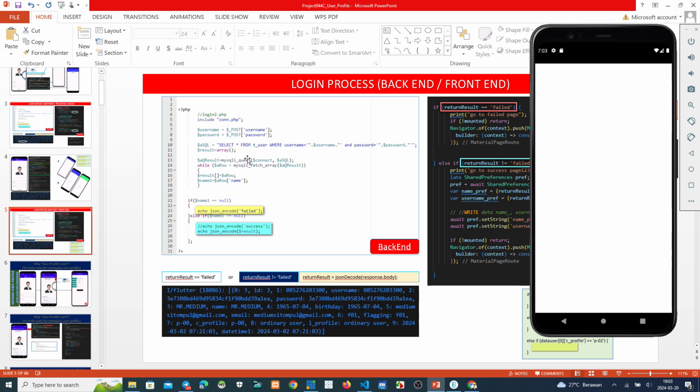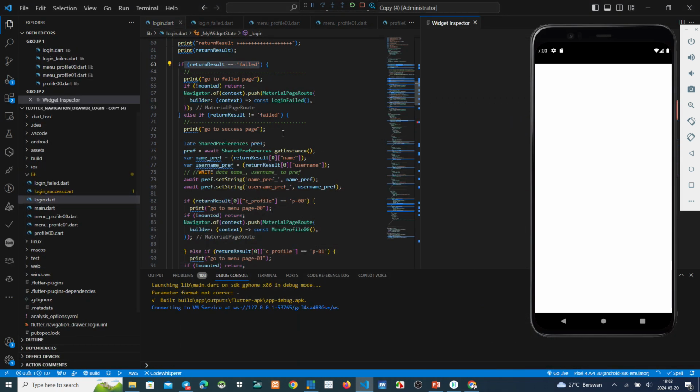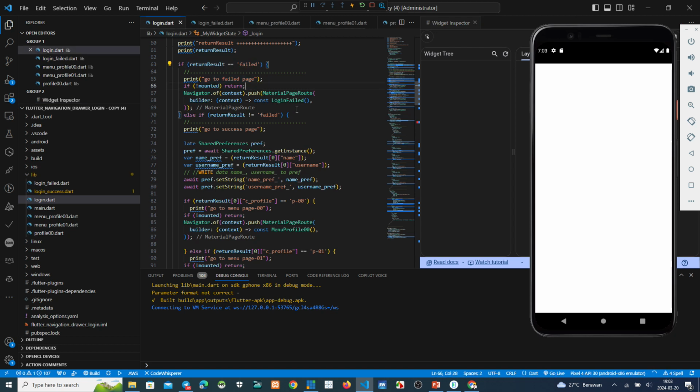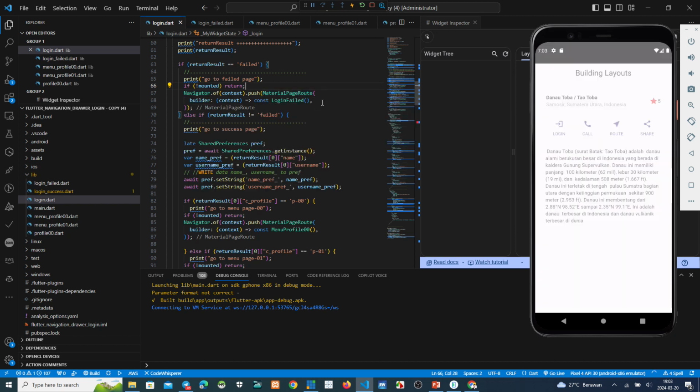If running the script, the result is fail, so we receive the fail. After that, we can see on the debug console, go to fail page, and after that the script will navigate to the page login fail.